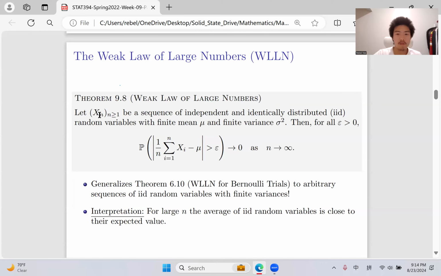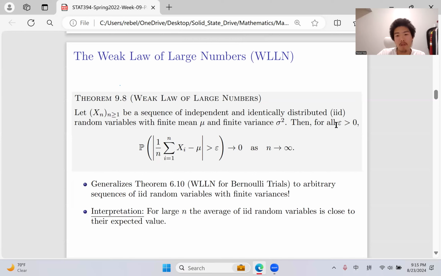Okay. So first, let each Xn be a random variable. When we write this form, it means a sequence of independent, identically distributed random variables, which I have talked about before. We can call it IID, with finite mean and finite variance. Notice it's finite, and this is very important, as we will show later. So it must be IID random variables with finite mean and variance.